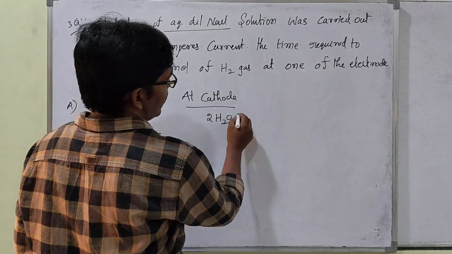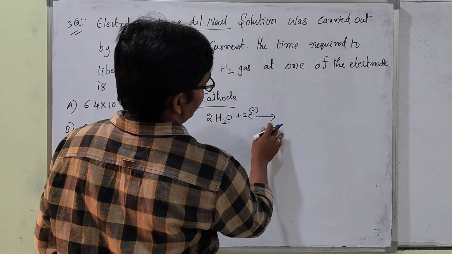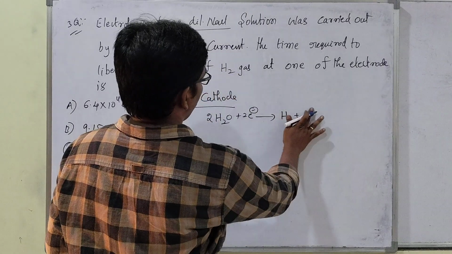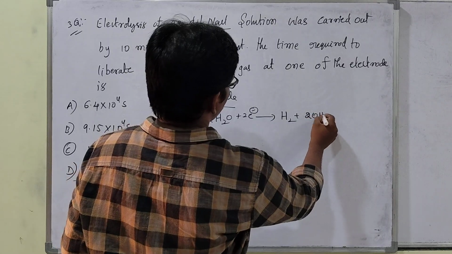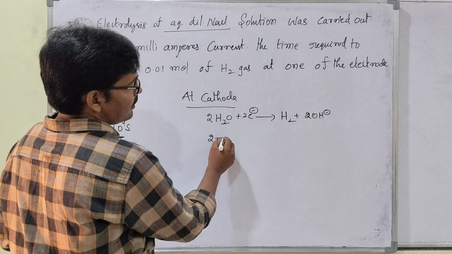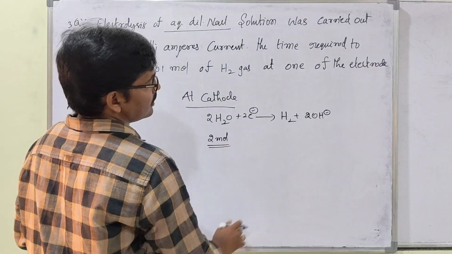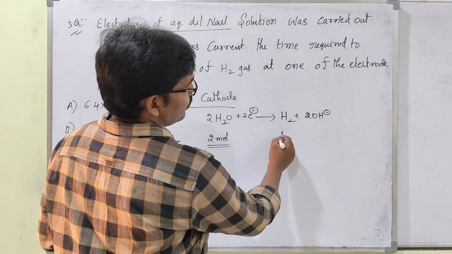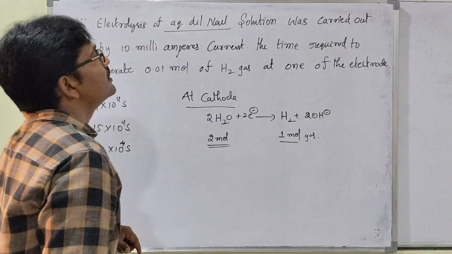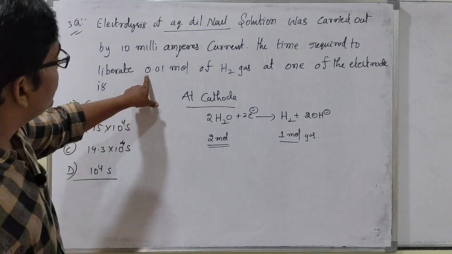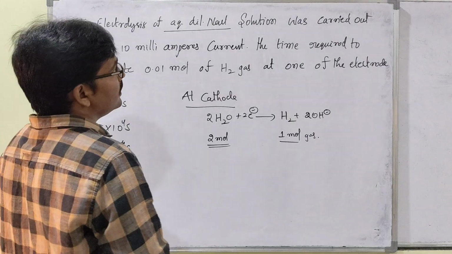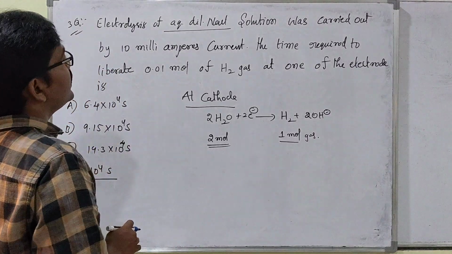Then 2H2O plus 2 electrons gives H2 plus 2OH minus. This is the equation. Clear, my dear students? If we take 2 moles of water, then 1 mole of hydrogen gas will be liberated. So here, in case 0.01 mole of hydrogen gas, we have to take it as